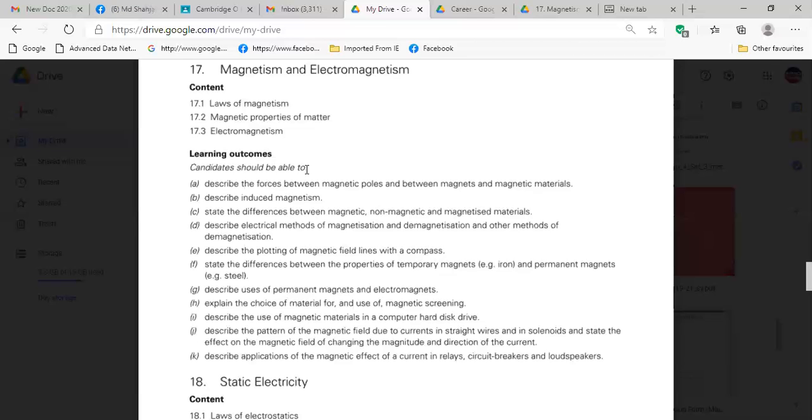Now you write: magnetic materials are of two types.